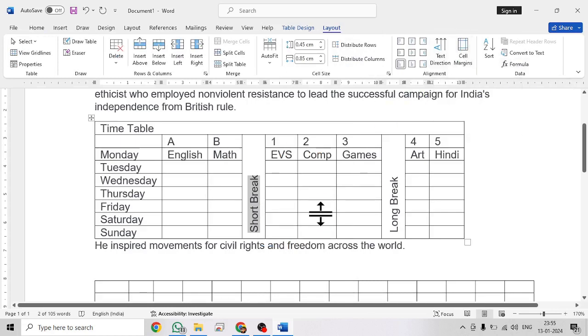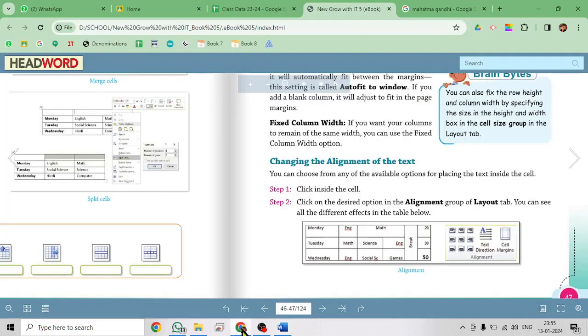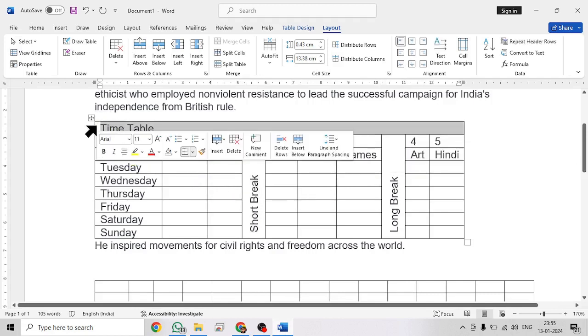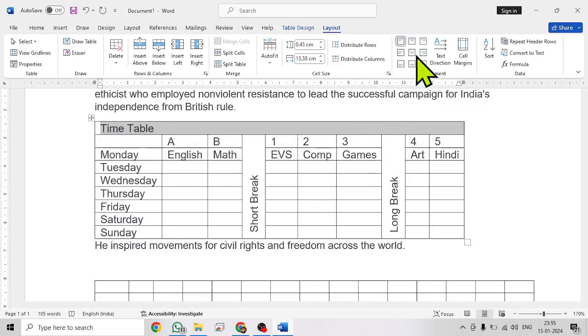Fine. Next one that your chapter is talking about is changing the alignment. Oh sorry, this is first talking about the alignment, then the text direction. So now we'll go to the alignment section. Now if you pay attention, my timetable is sticking to the left. I want it in the center. So you see here in the alignment section, I can decide